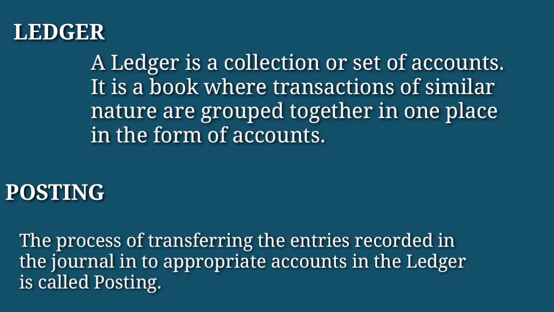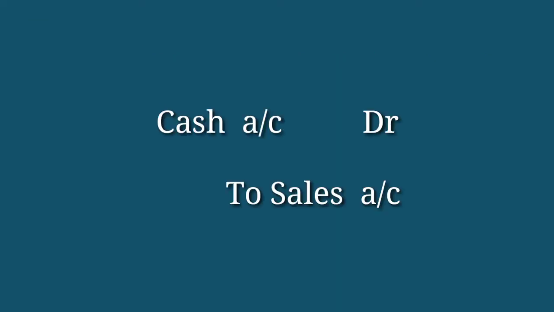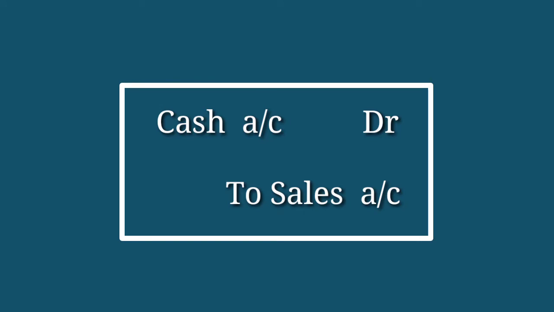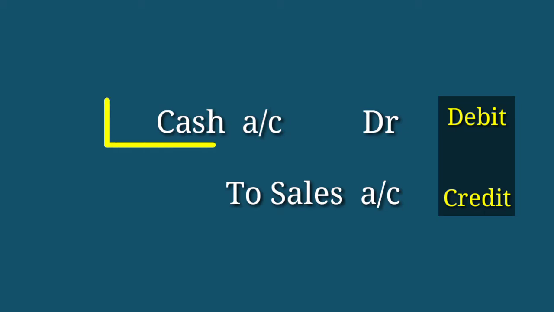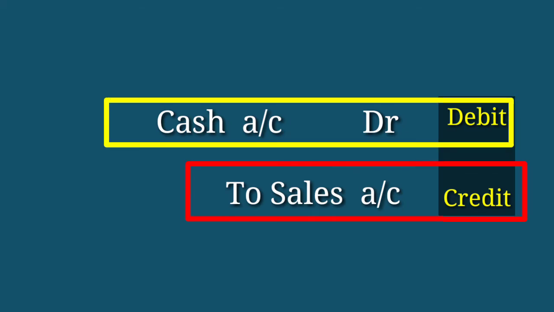In a journal entry, we can see two account names together, that means debit and credit together. But in ledger posting, we do the partition. Debit is separate, credit is separate. We separate the debit and credit accounts. Debit goes to its own place, or its own house, and credit goes to its own place, its own house, separately. In the ledger, different kinds of accounts can be prepared.